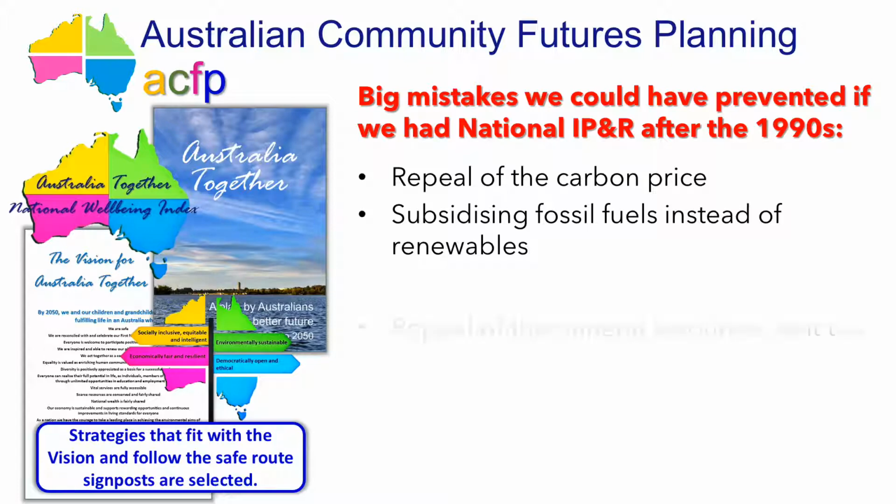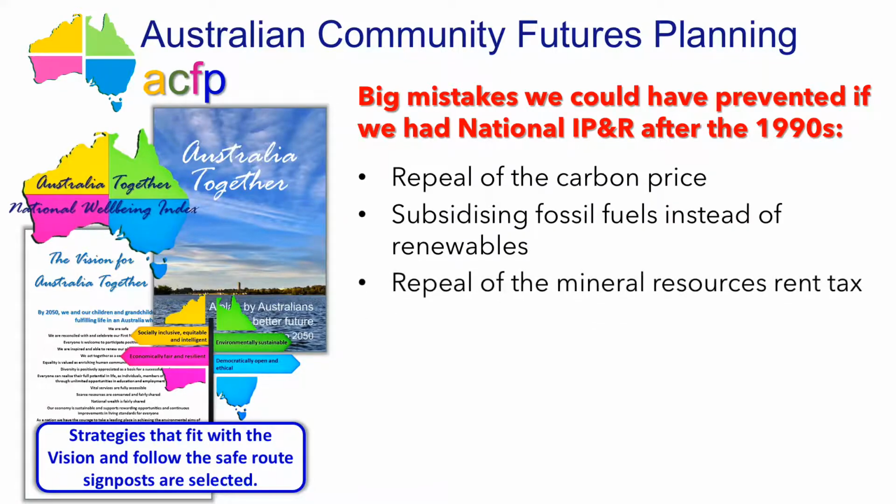We would have avoided the foolish repeal of the mineral resources rent tax, a move which effectively stopped many of the benefits of mining profits spreading through the economy, transferring them instead to largely foreign-owned companies who have paid little, if any, tax. Other mistakes we could have avoided include the $300 billion worth of tax cuts we legislated in 2019,